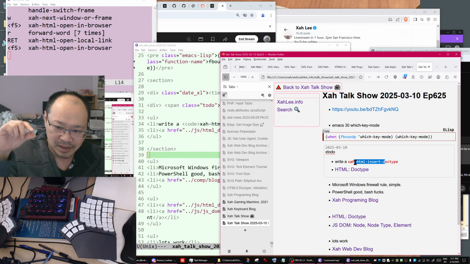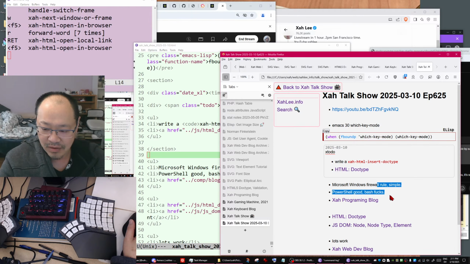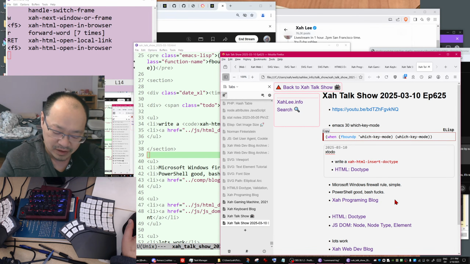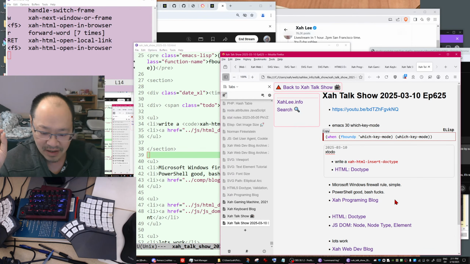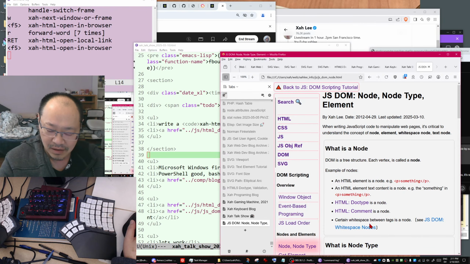You can pick a choice like HTML5, HTML4, and we talk about a rant about the Microsoft firewall versus the Linux firewall. Then we talk about doctype and JavaScript coding with the DOM, the document object model, where you have